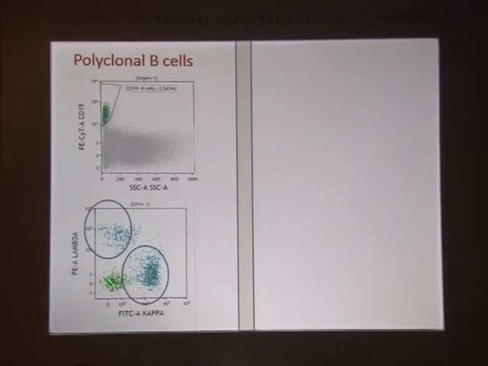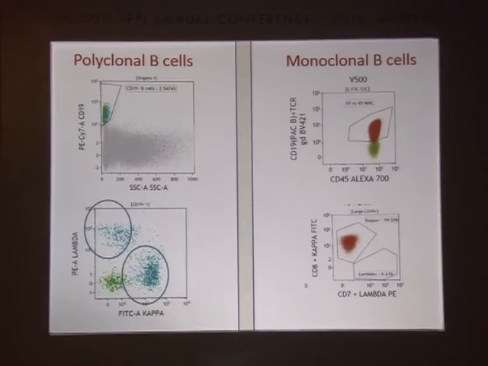So these are not clonal B cells. And there are some cells here. These could be hematogones. Hematogones might not show you any light chains, or the blasts also might not show you any light chains. Now I'll show you the clonal. These are the CD19 positive B cells, and if you do kappa lambda, all of them are kappa. So this is a clonal B cell population. This is polyclonal because it shows you kappa and lambda, and this shows you only kappa.